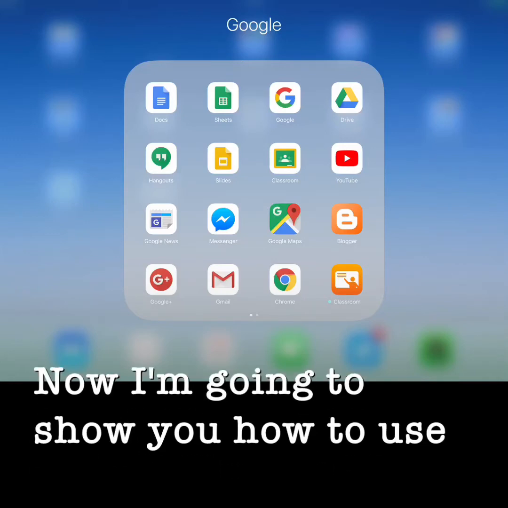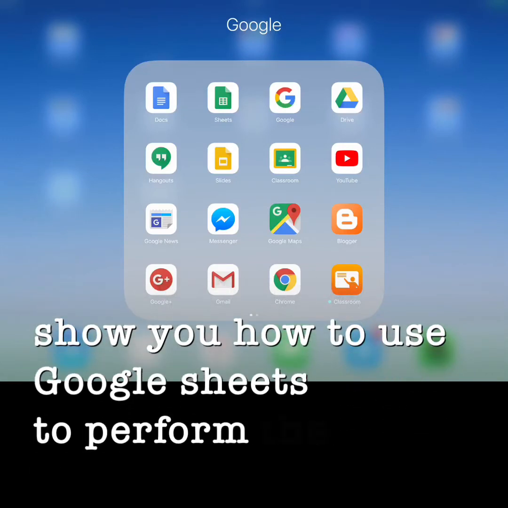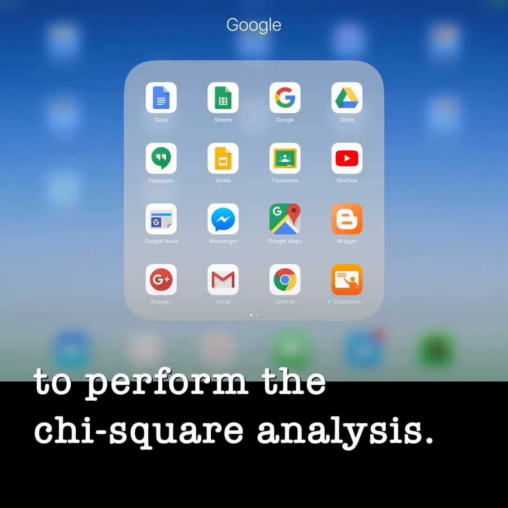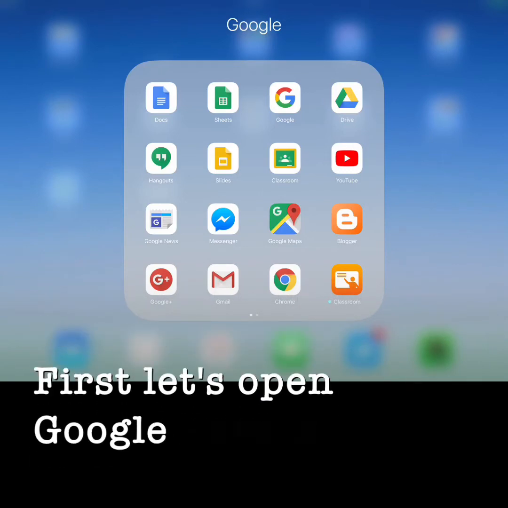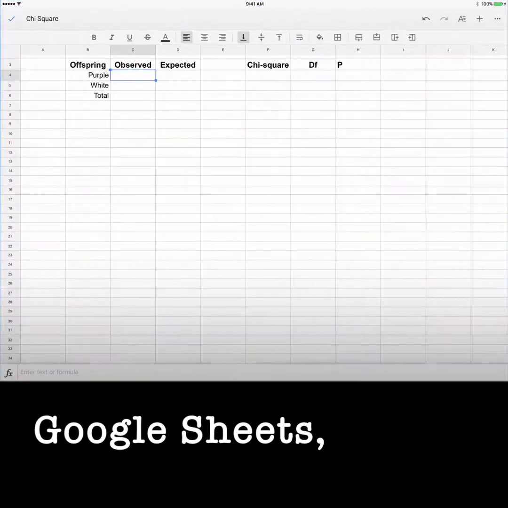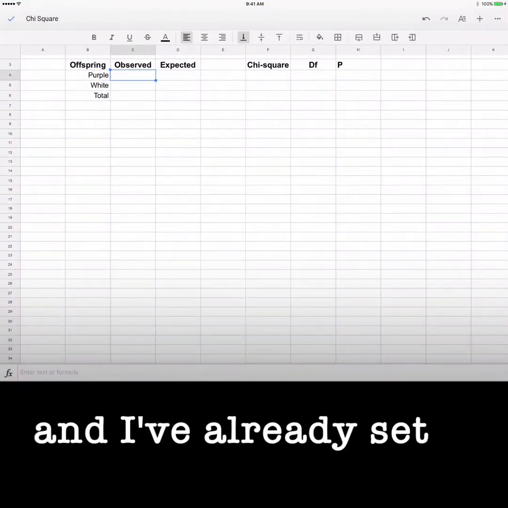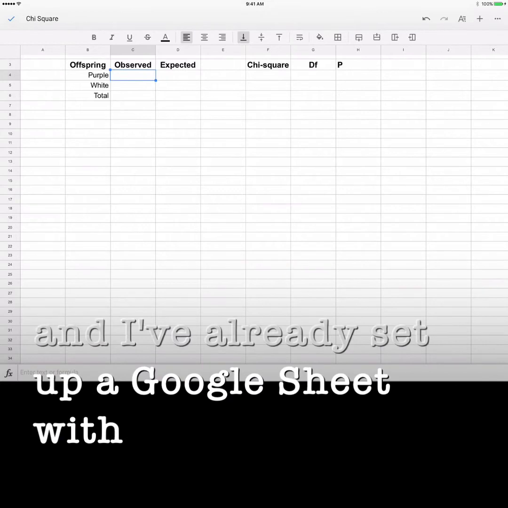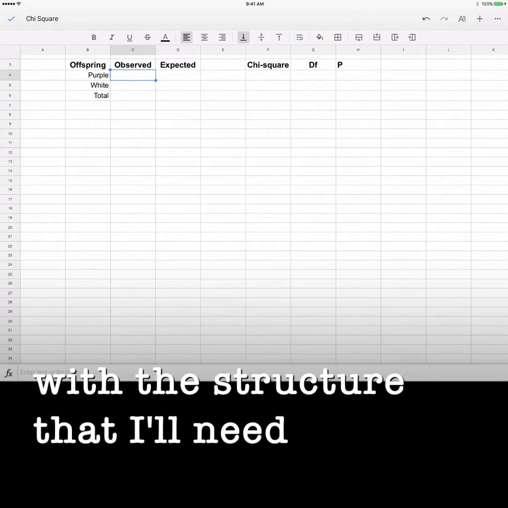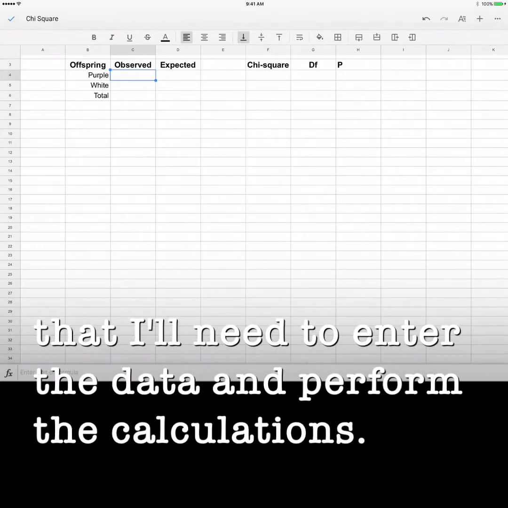Now I'm going to show you how to use Google Sheets to perform the chi-square analysis. First, let's open Google Sheets. And I've already set up a Google Sheet with the structure that I'll need to enter the data and perform